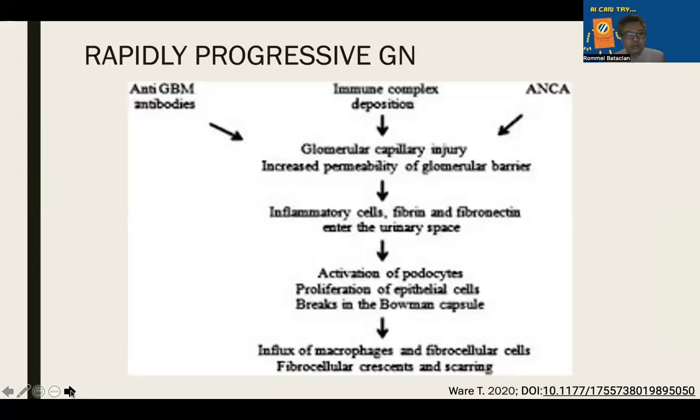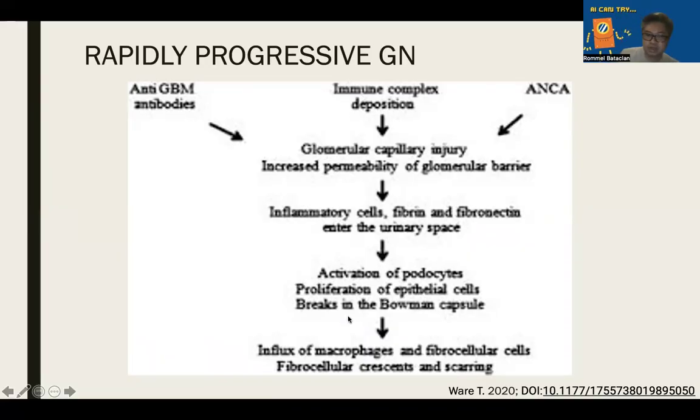So sometimes, regardless of the type of glomerulonephritis, it can lead to a rapidly progressive glomerulonephritis. Most common would be ANCA vasculitis, immune complex deposition, and anti-glomerular basement membrane antibodies. Regardless of the cause, it leads to a glomerular capillary injury, increasing again the permeability of the glomerular barrier, leading to the inflammatory reaction with the production of cells and cytokines, leading to the activation of the podocytes,